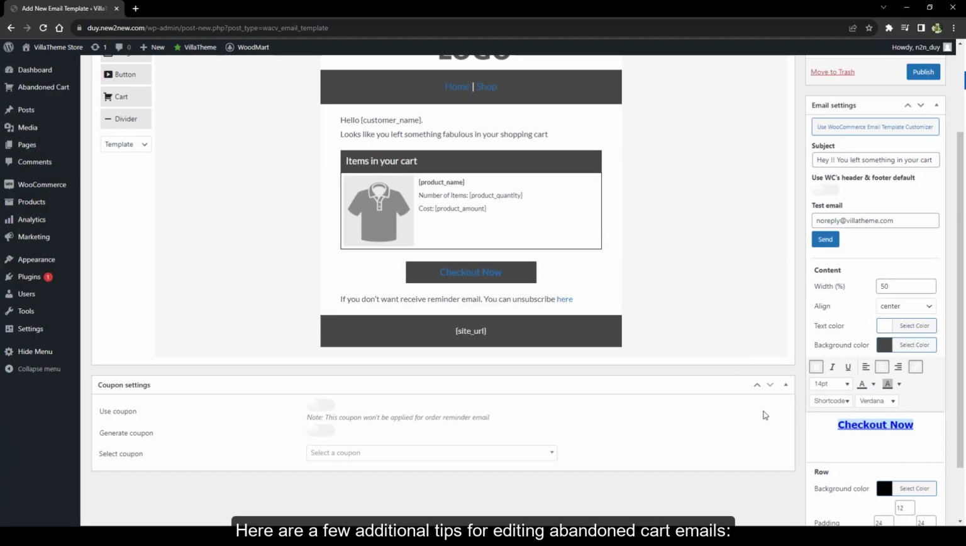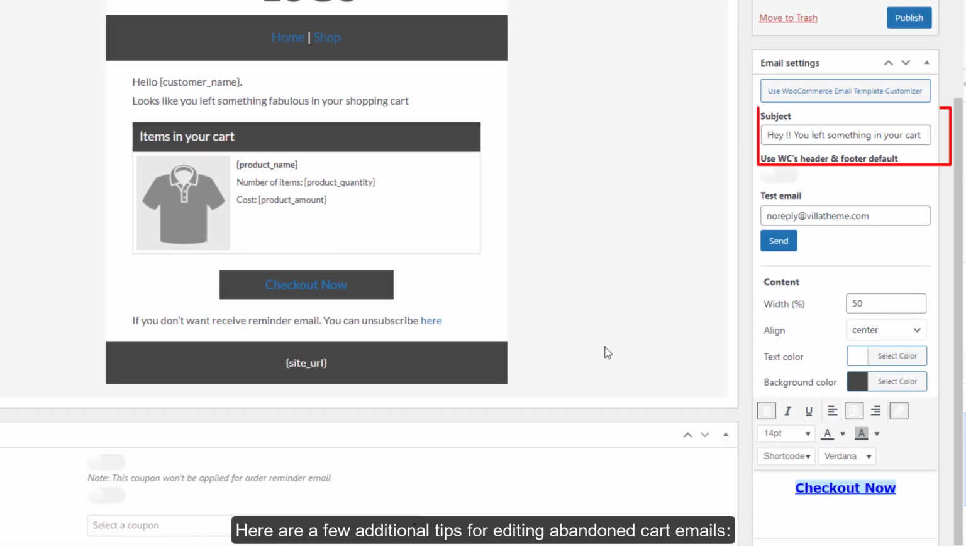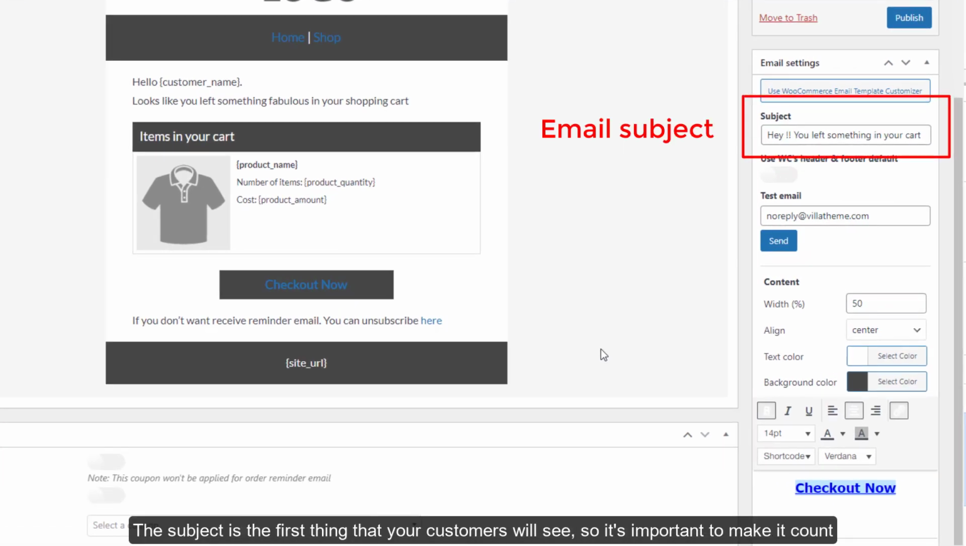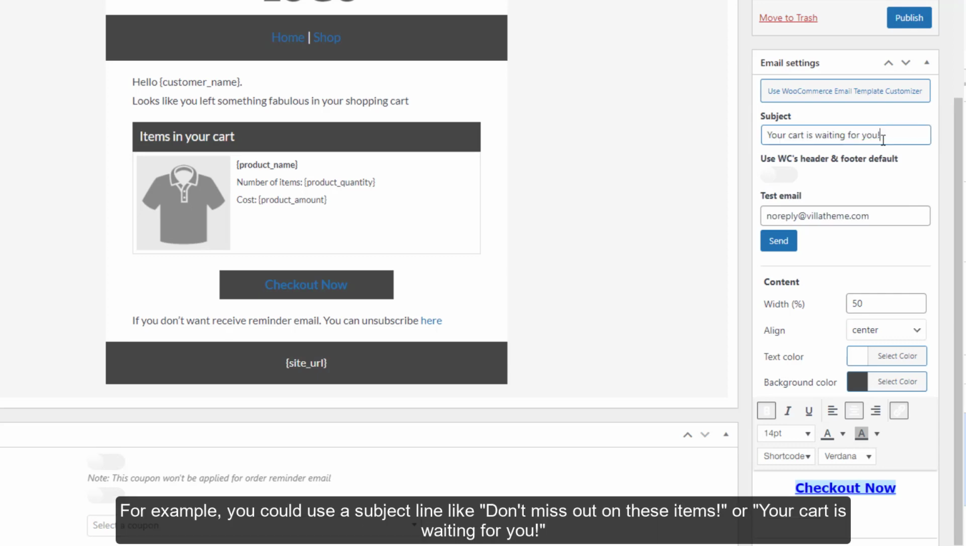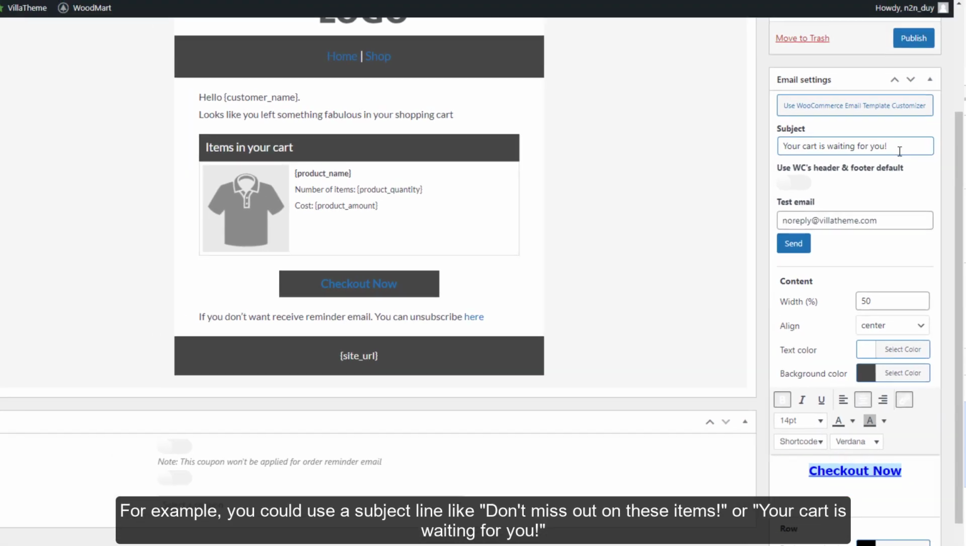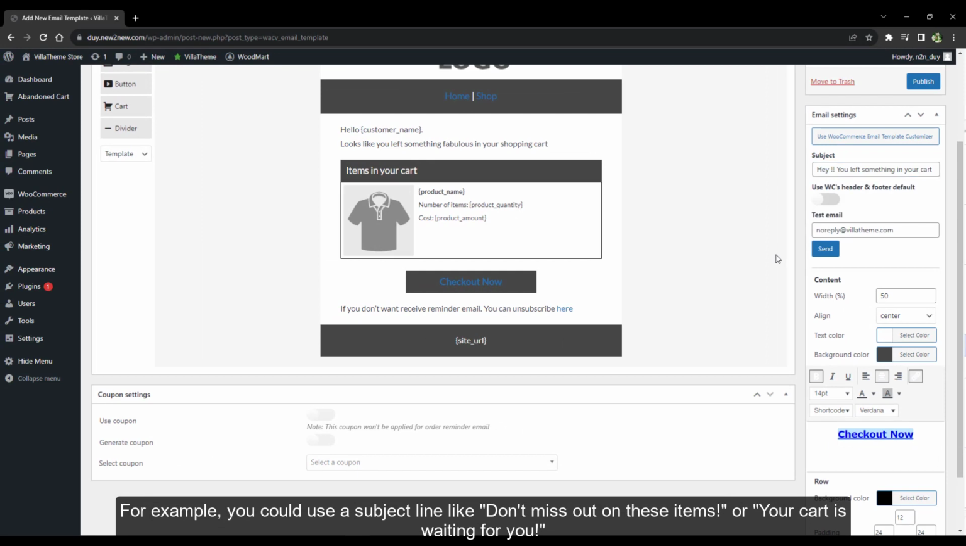Here are a few additional tips for editing abandoned cart emails. The subject line is the first thing that your customers will see, so it's important to make it count. Use a subject line that is clear and concise, and that accurately reflects the content of your email. For example, you could use a subject line like, "Don't miss out on these items," or "Your cart is waiting